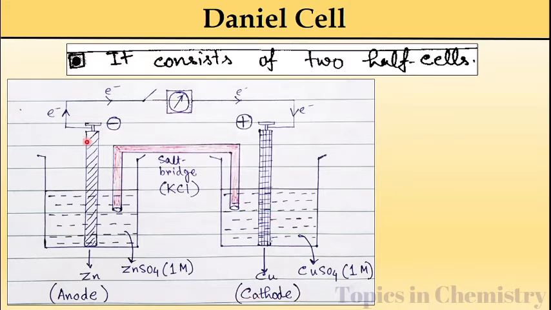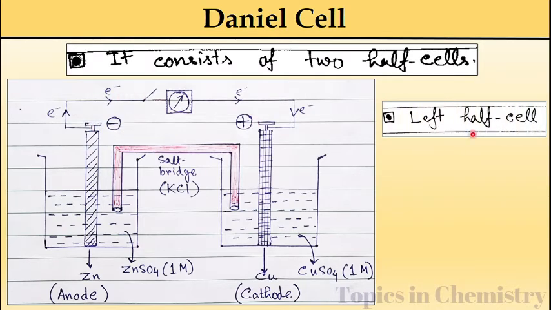Okay, and when this anode and this cathode are connected by a wire, you can see the electron flow or current flow. Electron flow occurs from this side to this side, from negative to positive. But always remember, current flow occurs in the opposite direction of the electron flow. So current flow occurs from this side to this side, from positive to negative.